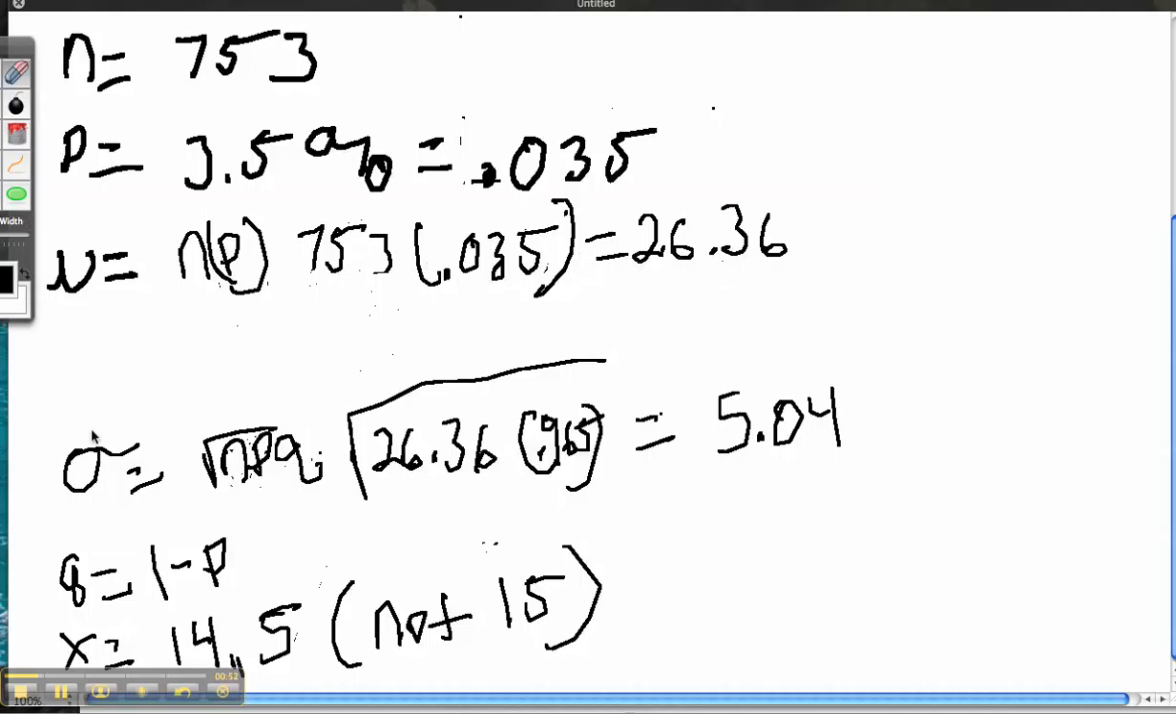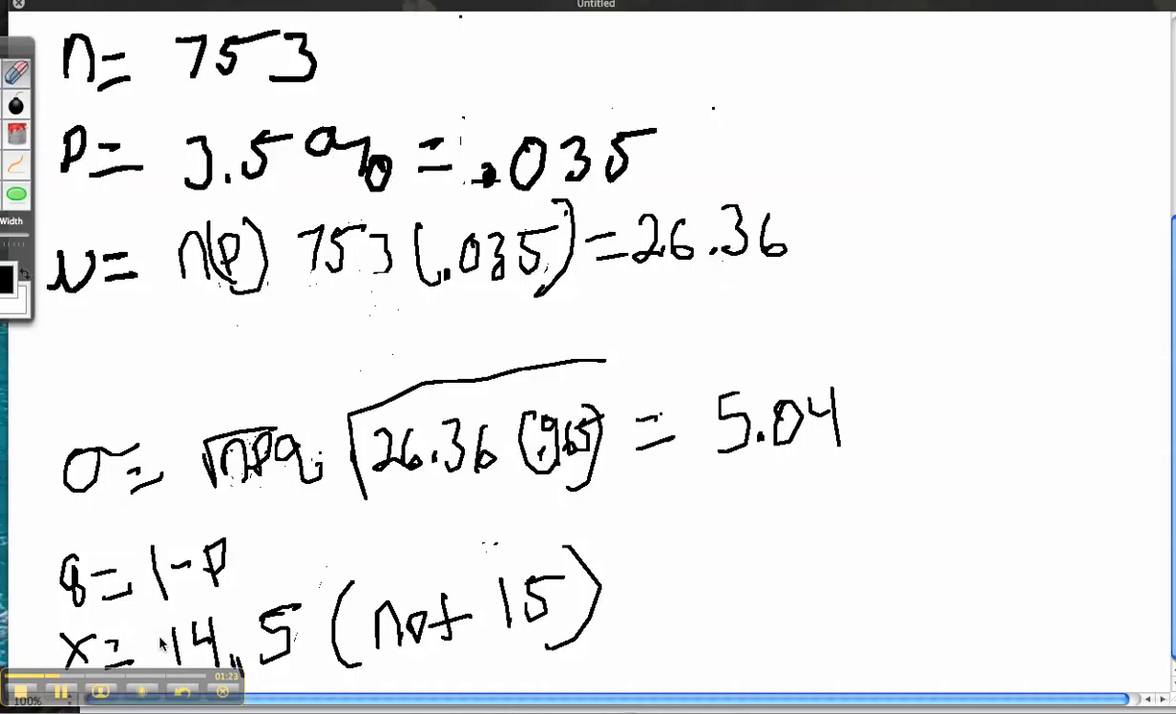My standard deviation is equal to the square root of N times P times Q, and we already know what N times P is, 26.36 times 0.965, because Q is 1 minus P. That gives you 90.965, equals standard deviation of 5.04. And then X, which is going to come in handy when you're finding your Z-score,